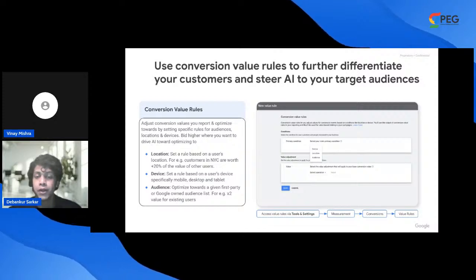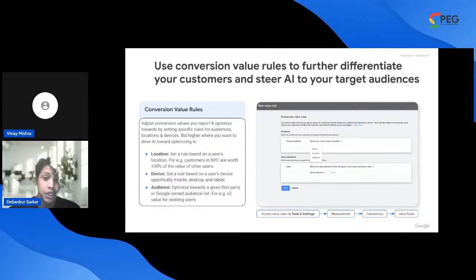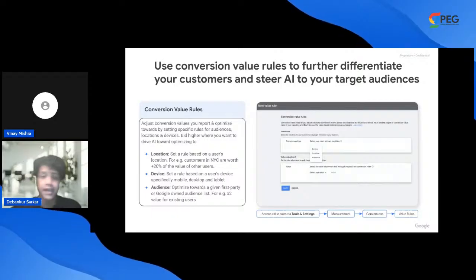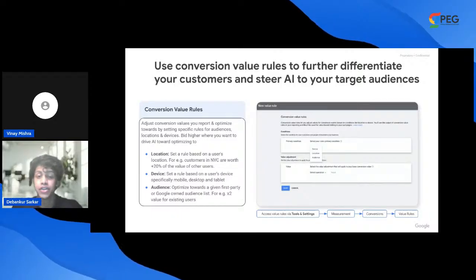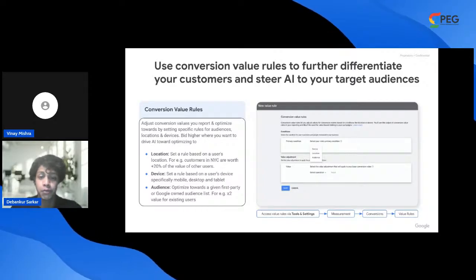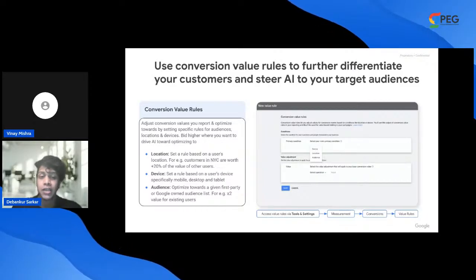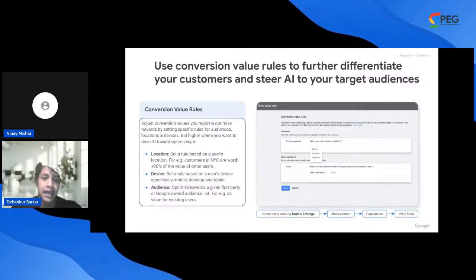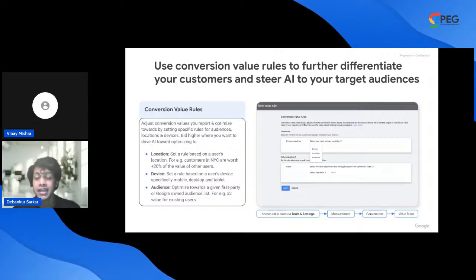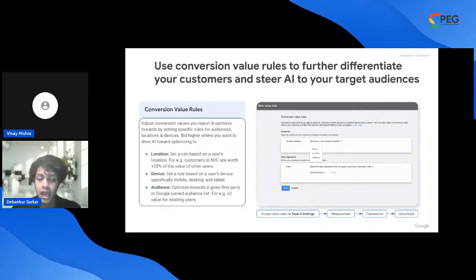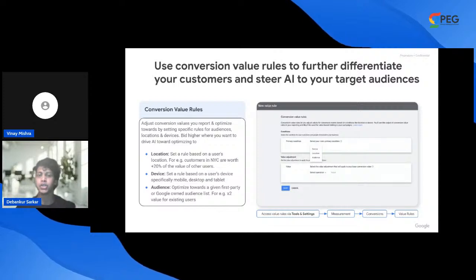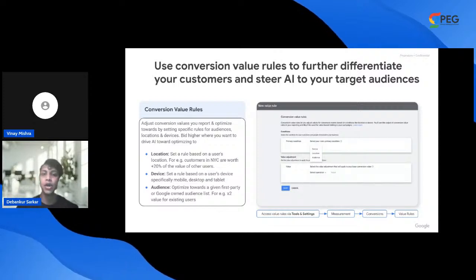Or let's say if you want to prioritize conversions from existing customers, you can again assign a higher value to their actions as well. And you can even adjust values based on device used. There's just one thing to remember, like if conversions from mobile devices are more valuable to your business, you can simply assign the value there as well. So by using these rules, you're giving Google's AI a clearer picture of which conversions are most important to you. So it's like saying, pay extra attention to these customers, they are worth more to my